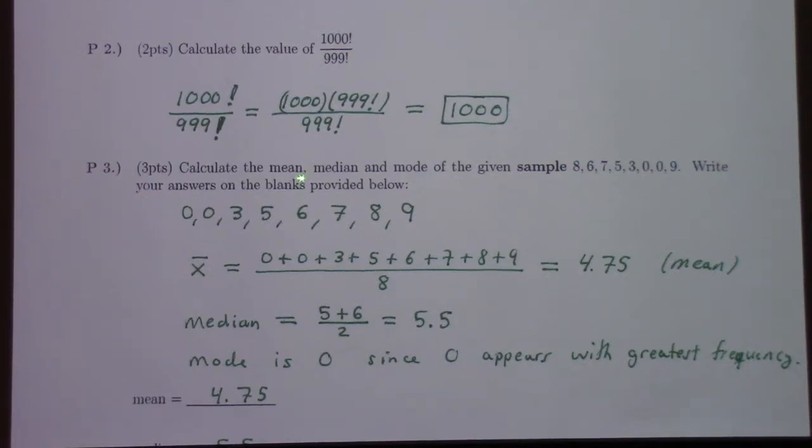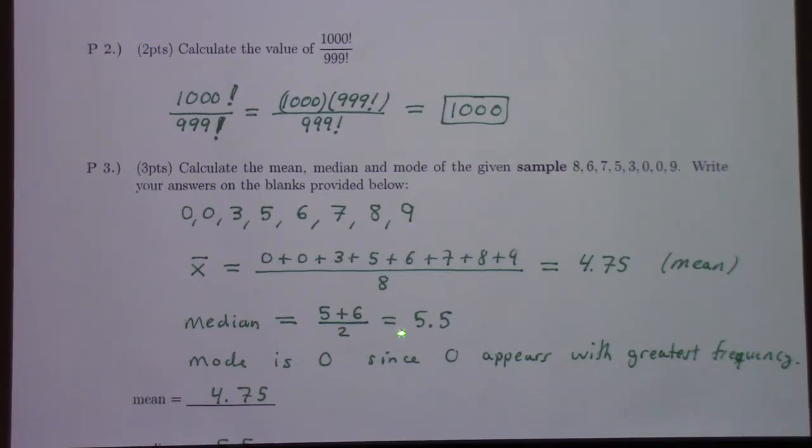let's move on here. So calculate the mean, median, and mode of this given sample, 8675309. And okay, so I put them in order, ranked list, 0, 0, 3, 5, 6, 7, 8, 9. There are 8 of them, so I take the sum of them, divide by 8, I get 4.75, that's the